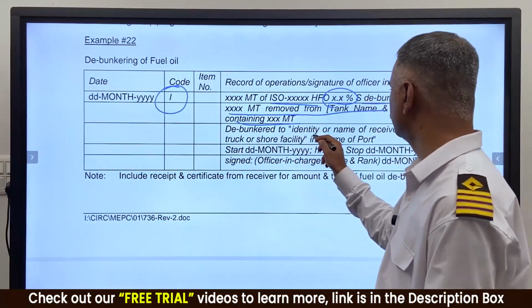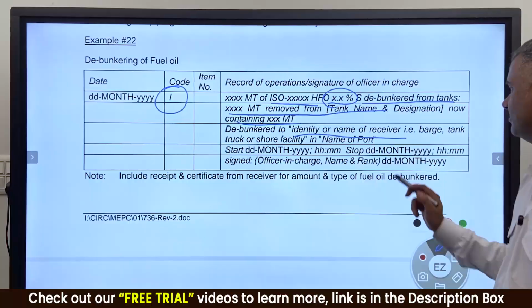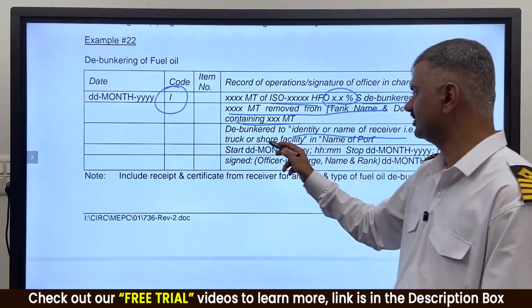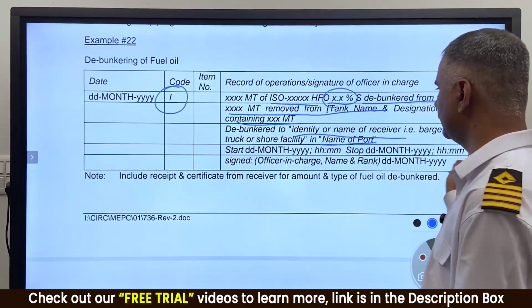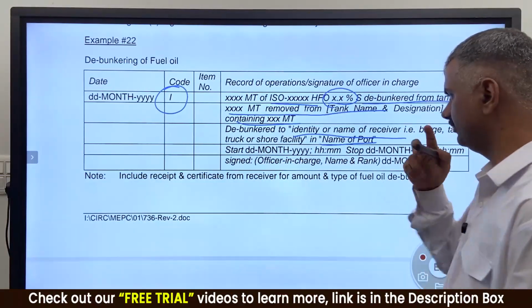It is debunkered to whichever barge name or receiver name, barge, tank truck, shore facility, whatever, in whichever port, with start date, stop date, and the signature of the officer or rank, with dates.